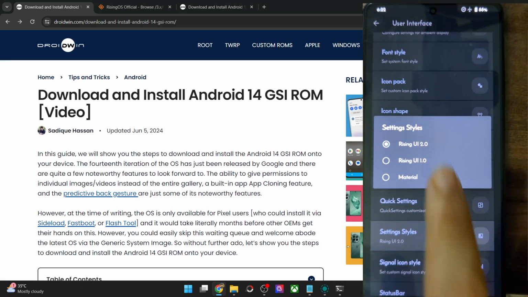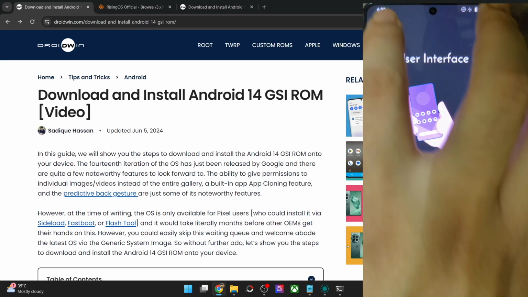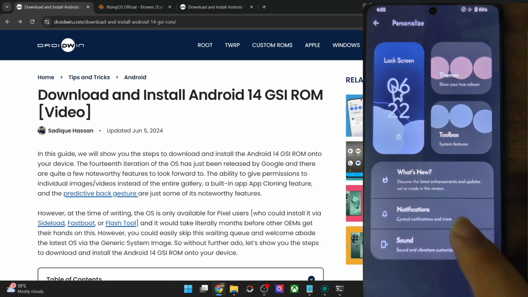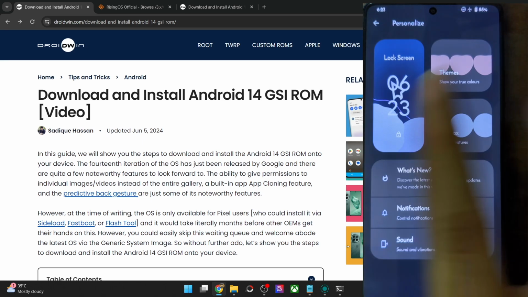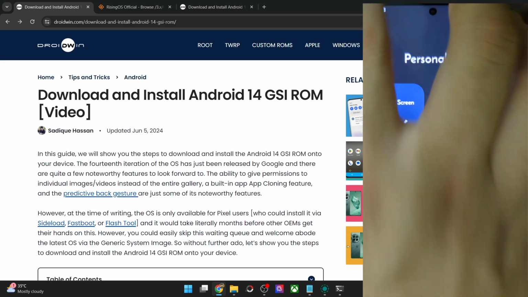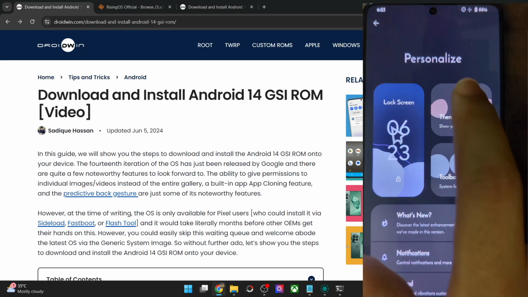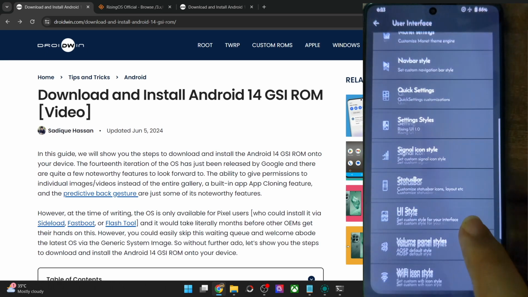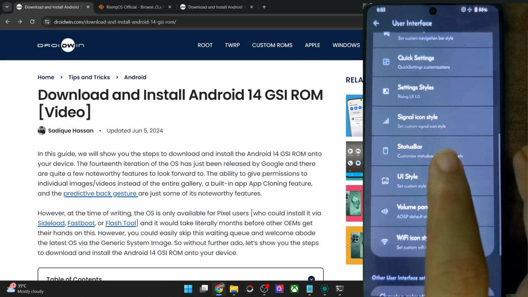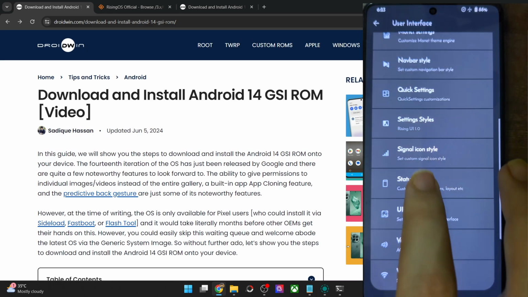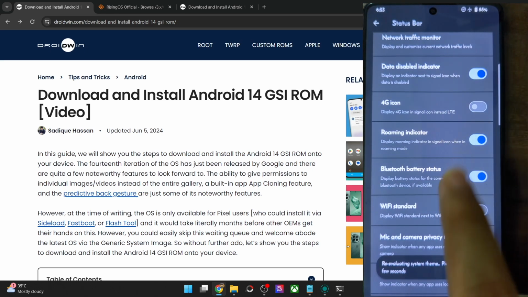Then apart from that, Rising UI 1.0 and okay, so in this we have just these options. The rest of them are gone from here. Okay, well and good. And apart from that, I cannot find any major changes in these. So anyways, moving on. Next up we have, let me select status bar. So in the status bar we are done,